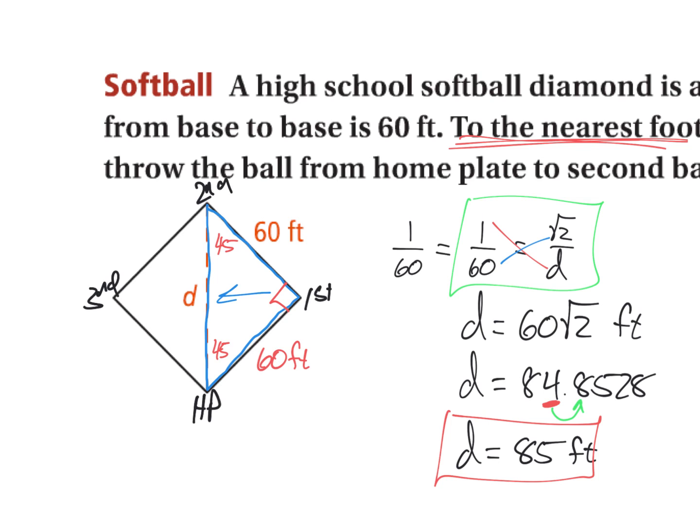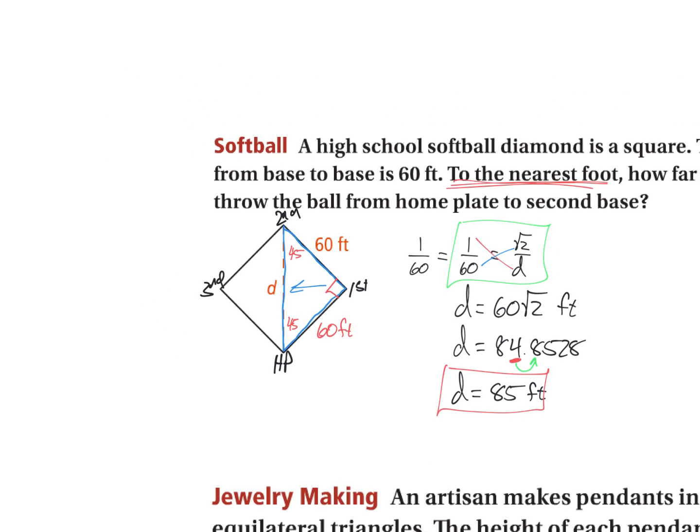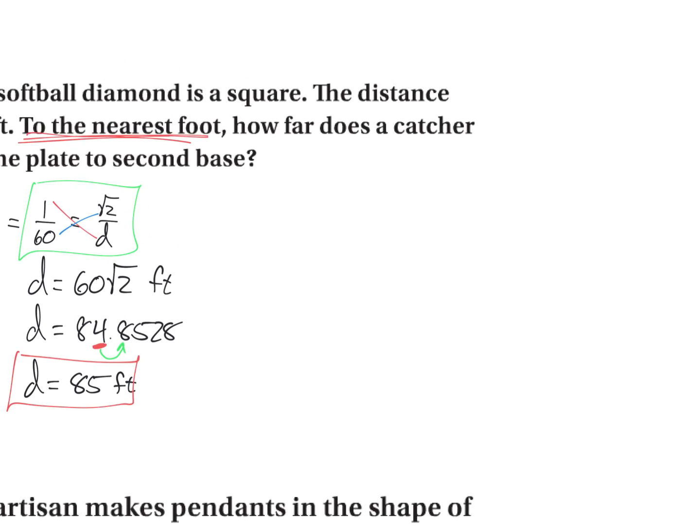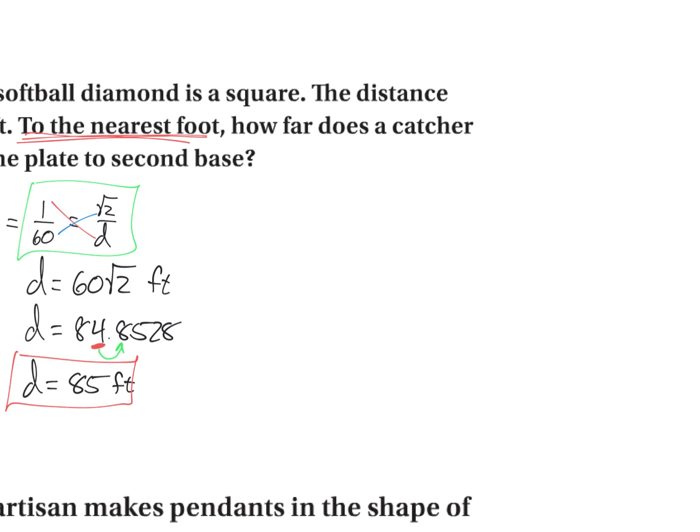So there we go. That is the 45, 45, 90 special right triangle. Please remember that every 45, 45, 90 special right triangle is always going to be similar to